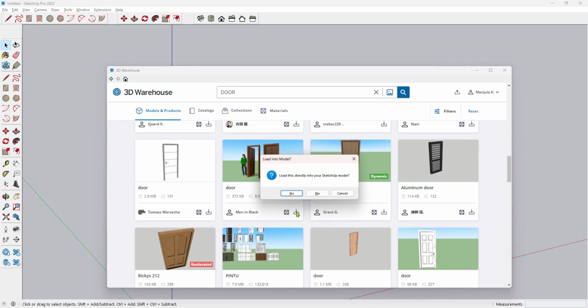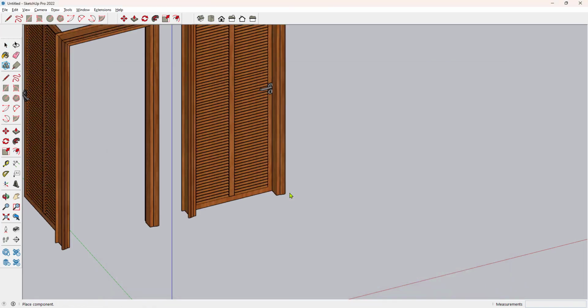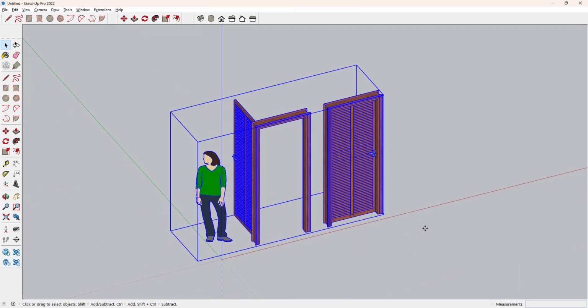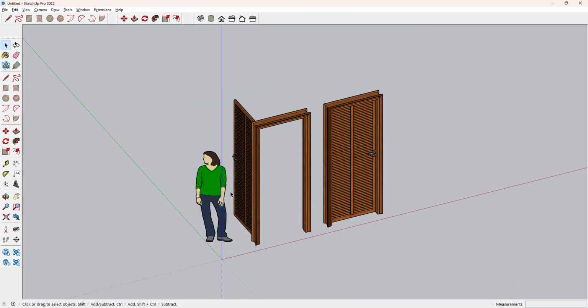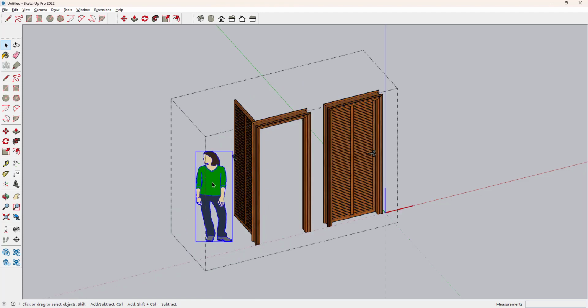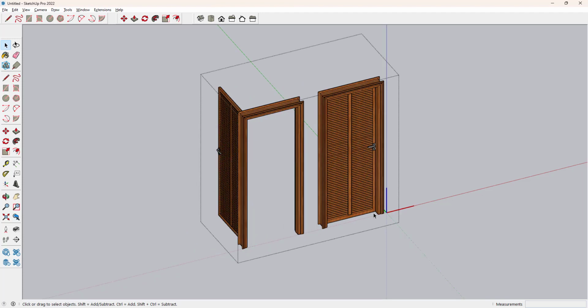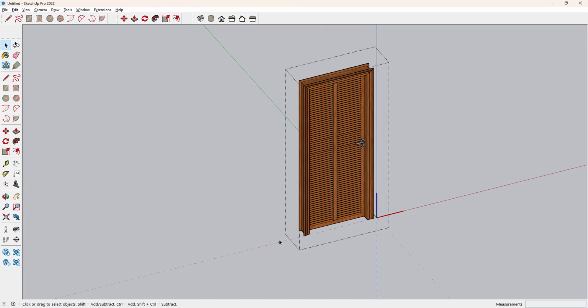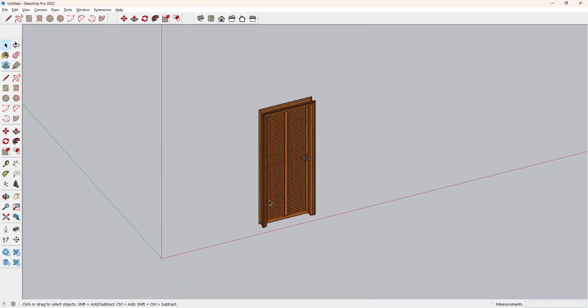Now again click on the download option and say yes, so that you can load the same component into your running template. In order to remove the unwanted things, you have to double click on the component to delete the unwanted thing. Like this, we have two types of doors, an open door and a closed door. Which one you want you can keep, which you don't want you just delete it. And by using the move, rotate, scale and edit tools, you can use this depending on the requirement.